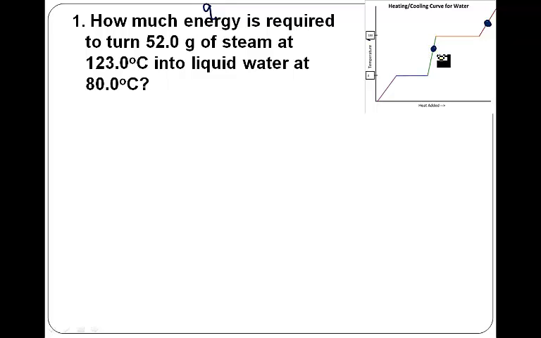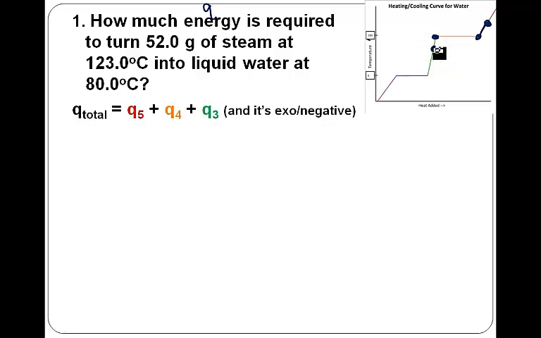So notice that our graph is discontinuous. We can't calculate how much energy it takes to go directly from this point to this point. We have to go through 3 steps. First, we're going to take the steam and cool it down to 100 degrees Celsius. Once all the steam is at 100 degrees Celsius, it will condense into liquid water. And then once we have all the particles as liquid water, then they will cool down from 100 to 80. So there's 3 steps. And our total Q value is going to be the sum of each of those 3